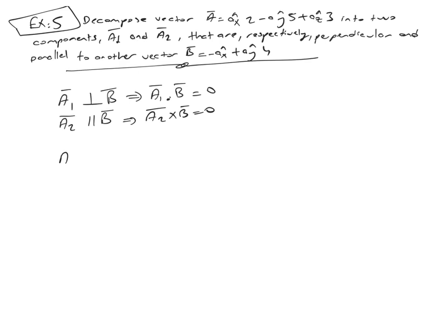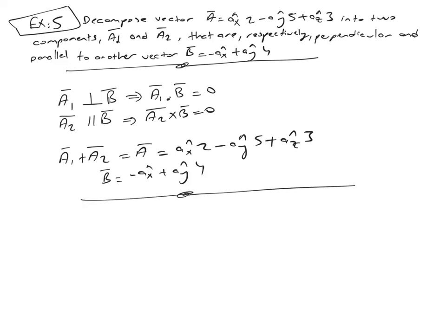And the summation of vector A1 and vector A2 is equal to vector A, which is equal to, and vector B is given as, we can write vector A1 as and can write vector A2 as